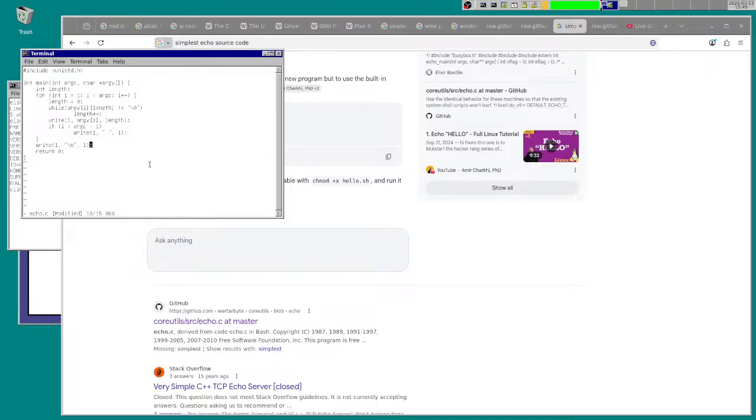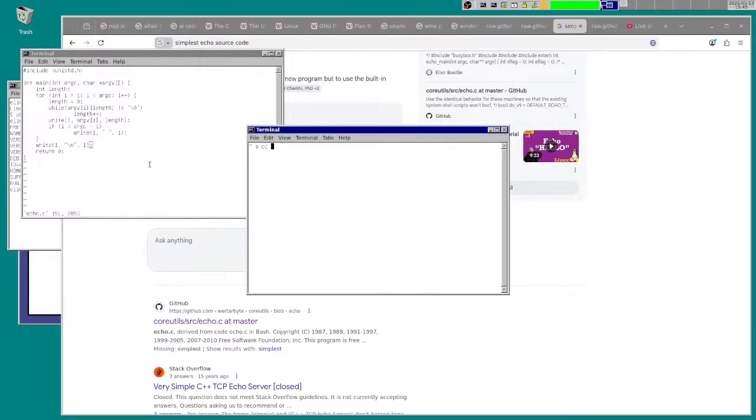So I've rewritten this program here. Let's see if this compiles. Okay, and then move our a.out program to echo. Let's see if it works. And it does seem to work. I rewrote the echo program to not use the standard input-output stuff. The standard input-output stuff includes a bunch of things, and I wanted to leave all that out and make it simpler.